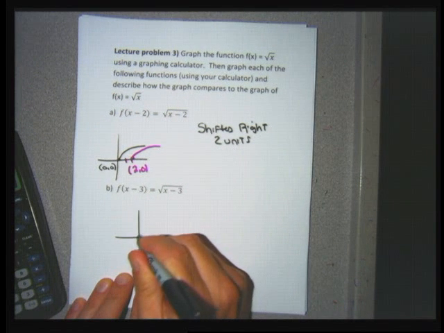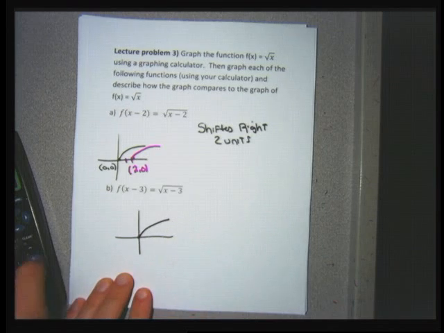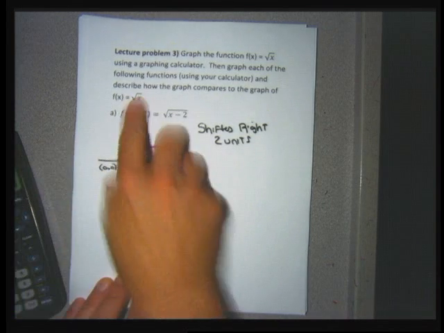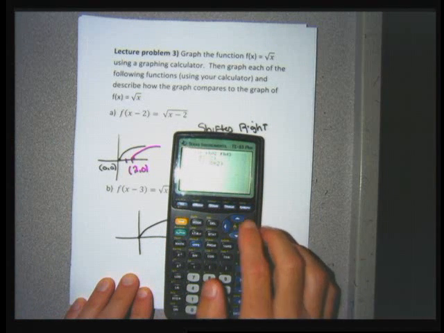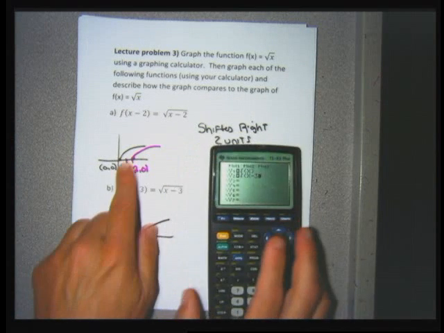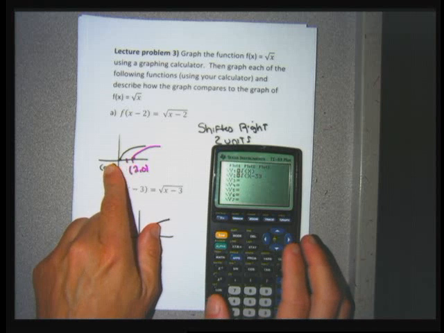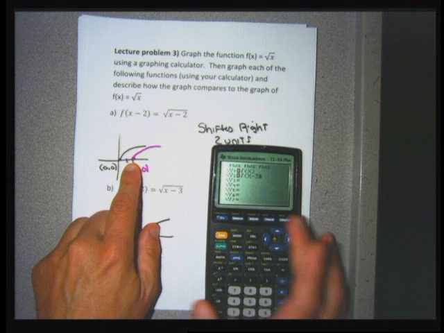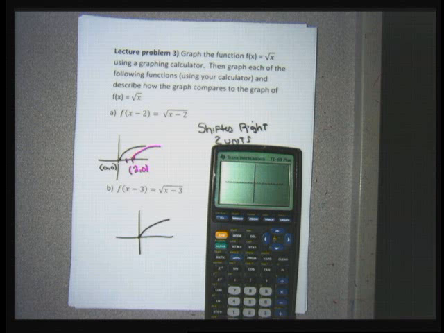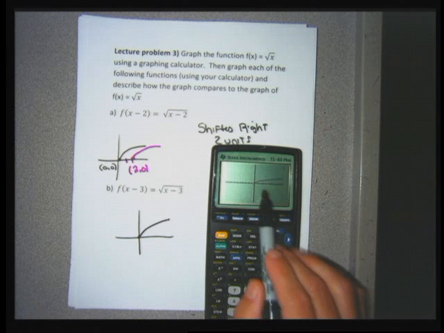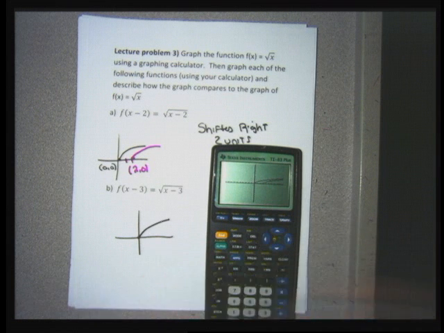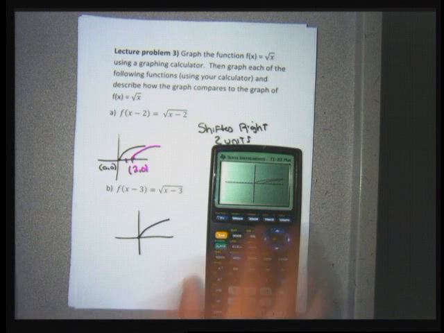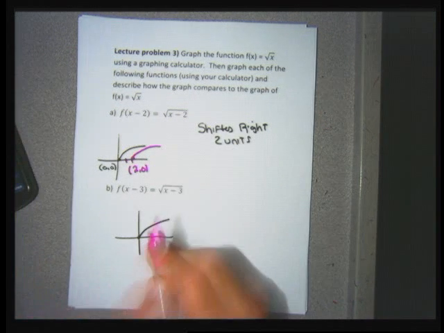Part B of this wants me to compare the graph of the square root of x to the square root of x minus 3. And that's just going to change where the graph starts. Instead of starting at the origin or starting at 2 like in part A, it's going to start at 3. So when I graph this, my new graph, if I count over to 3, which is right there, there's where the graph starts, and it's just shifted over. If I dragged the graph over 3 units, it would fit perfectly and be an exact copy